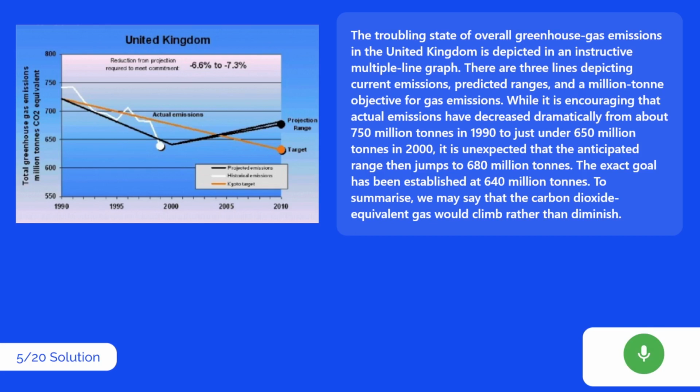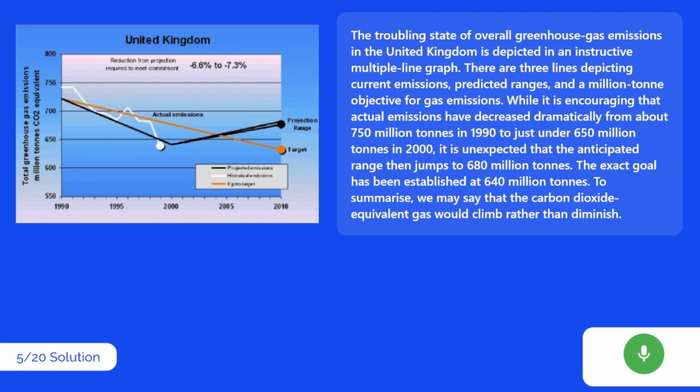The troubling state of overall greenhouse gas emissions in the United Kingdom is depicted in an instructive multiple-line graph. There are 3 lines depicting current emissions, predicted ranges, and a million-ton objective for gas emissions. While it is encouraging that actual emissions have decreased dramatically from about 750 million tons in 1990 to just under